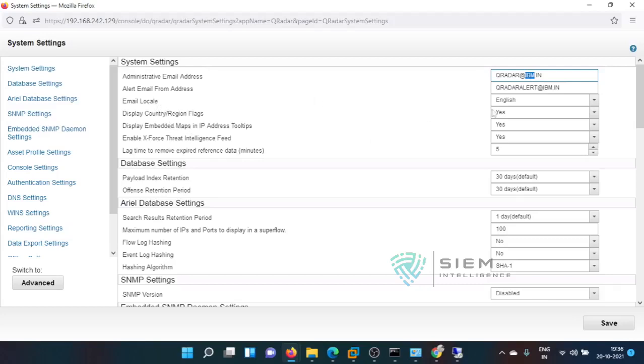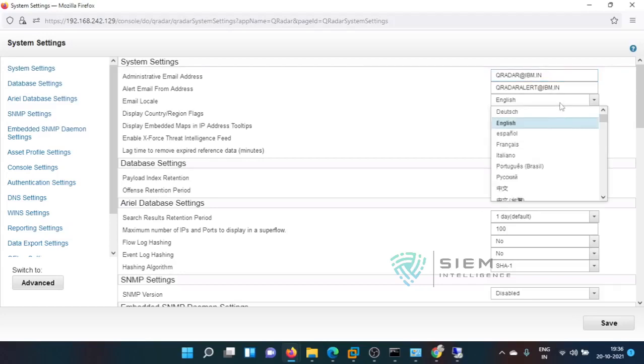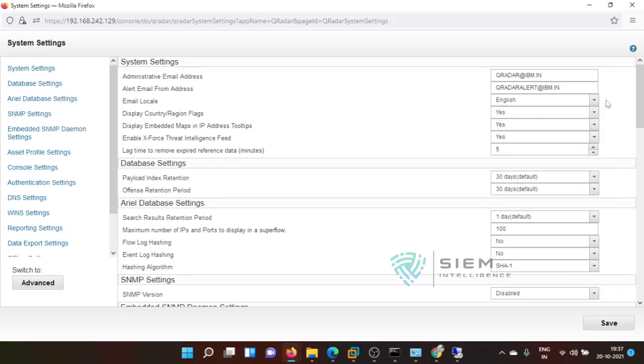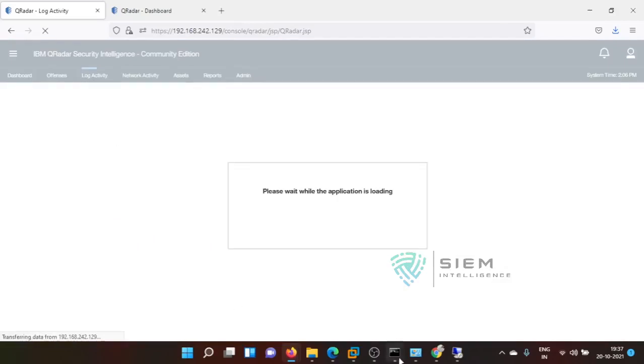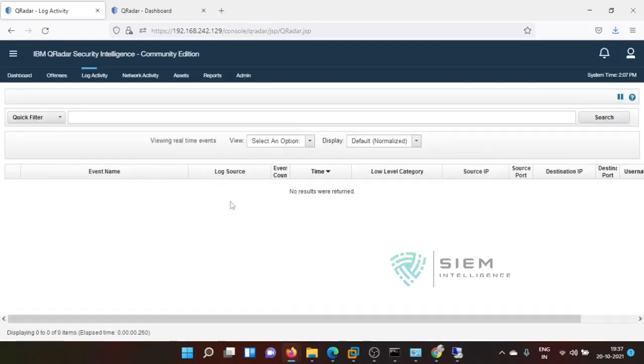And what is the email locale? It is the language of that particular email, whether you want to send it in Dutch, English, French, or Italian. That is up to you, which language you want to select, and the language will be automatically taken. So display region flags, there is an option. Whenever you are doing some activity in the offenses tabs and all, along with the IP it used to show the flags.